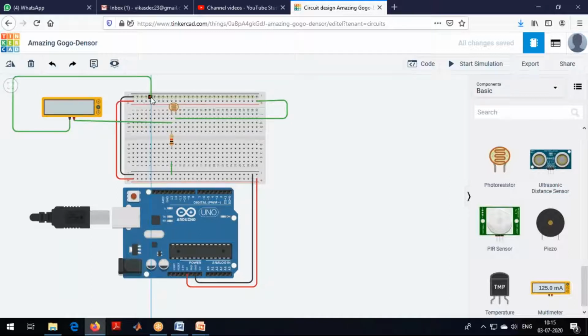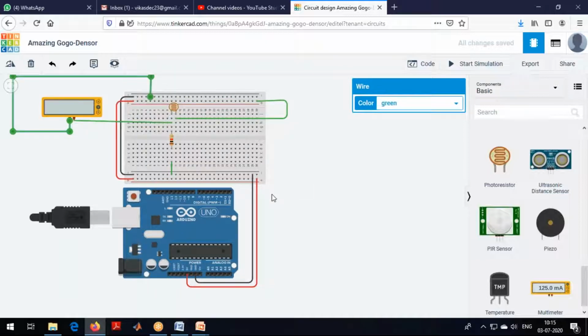You don't have to take this big a wire, but I want everything in the form of a straight line. That's the reason I'm connecting like this. Now I have VCC. I'm not doing anything with respect to Arduino as of now, I'm just taking a power supply. Instead, you can also directly connect a battery and check this.